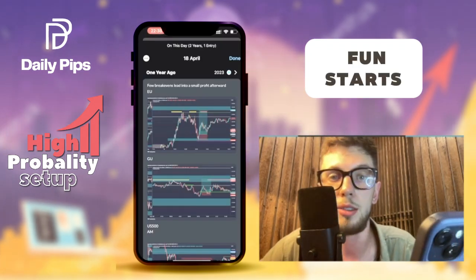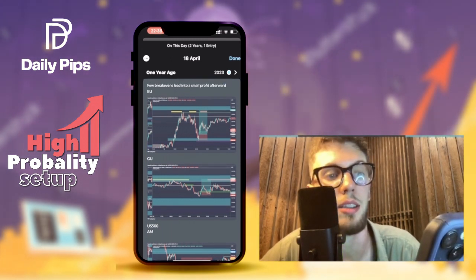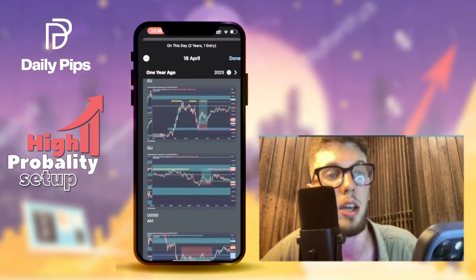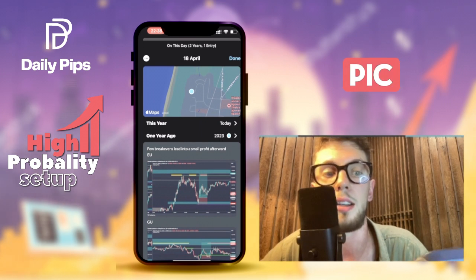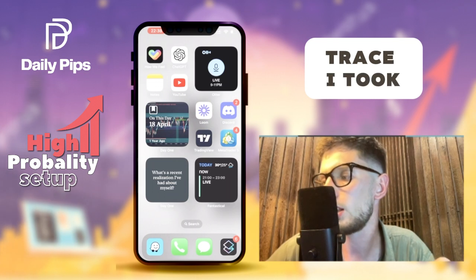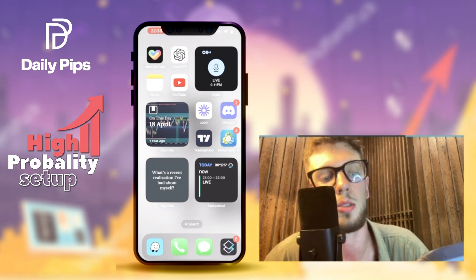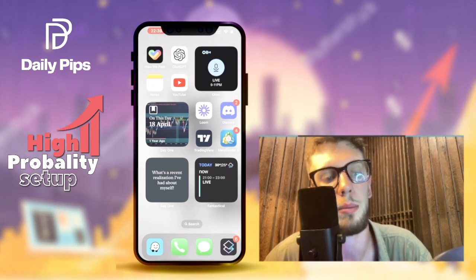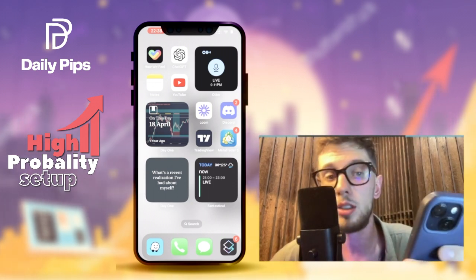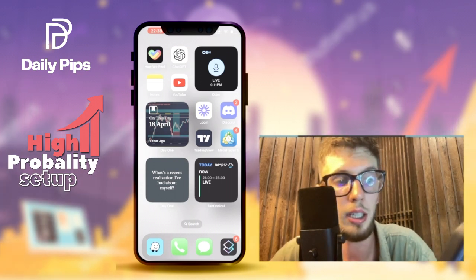This is where the fun starts, because two years ago I wrote an entry where I had a few break evens that led into a small profit. This is all the trades from April 18th, 2023 that I took, and I was in Palanga. This pops up every single day where I can see what kind of trades I took, and maybe I journaled something. There's also a journal entry for me to write, which asks what's a recent realization I've had about something. This is another thing where I can spend time focusing on myself, relaxing a little bit, and putting some effort into my own well-being, right?